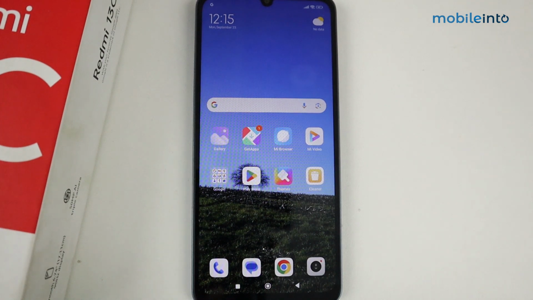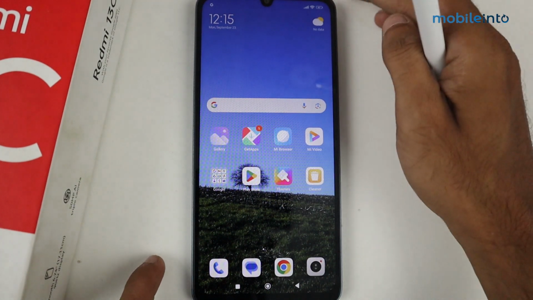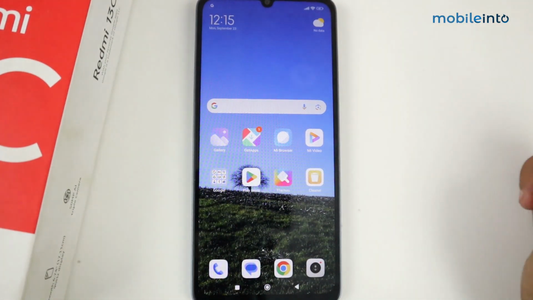Hey guys, what's up? In this video, I'm gonna show you how to add or remove a Google account in Redmi